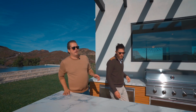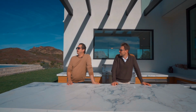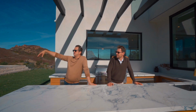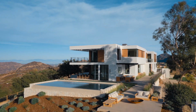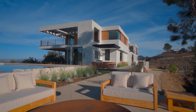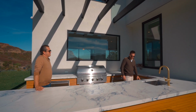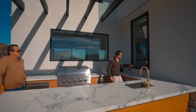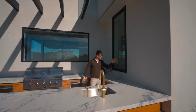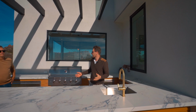So outside, as we continue outside, you'll see we just have a ton of little seating areas around here. Over there, we've got this beautiful seating area which overlooks the ocean with a big fire pit. And over here, you obviously have the bar area, which is fully built out. Full built out kitchen, sink, barbecue, a ton of storage. And what I like is this is the kitchen behind here. This window will open up so you can pass through everything, so that when you're cooking, everything's close